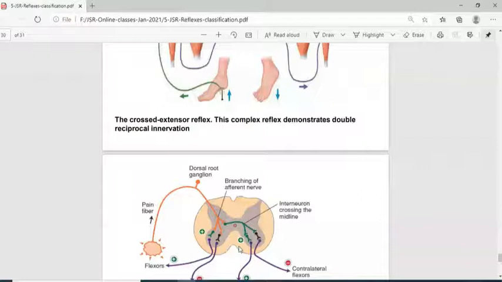Okay. Then after examining on the right leg, we should not forget to examine on the left leg. And when we are examining on the left leg, we have to be on the right side of the patient. We should not be in front of the patient, or on the left side of the patient. Why? Because we have studied that deep reflexes become exaggerated in disease conditions like upper motor neuron disease, upper motor neuron lesion, stroke, in hemiplegia.